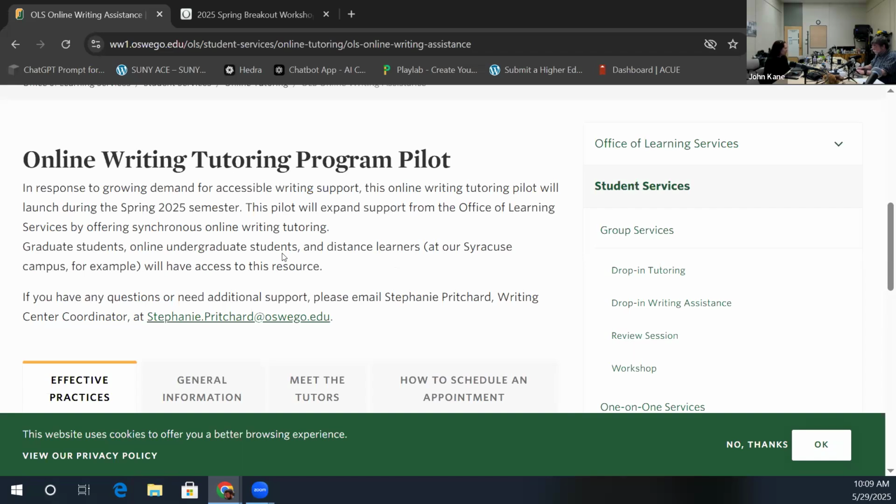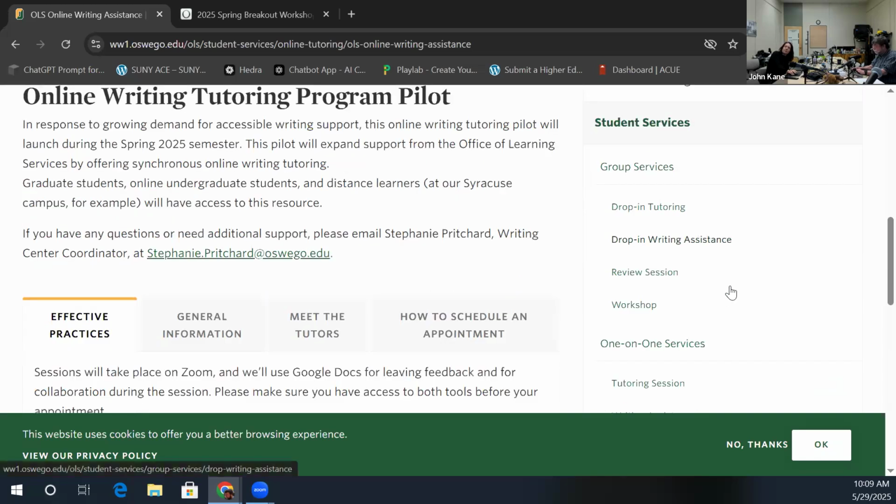Some students have a mix of in-person and online classes. Those students who are here in person are expected to use our in-person tutoring. The online undergraduate students refers to students who only take classes remotely. So for example, they might be taking classes through extended learning programs. Okay. And then